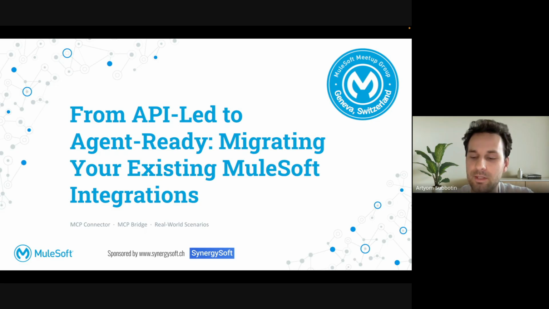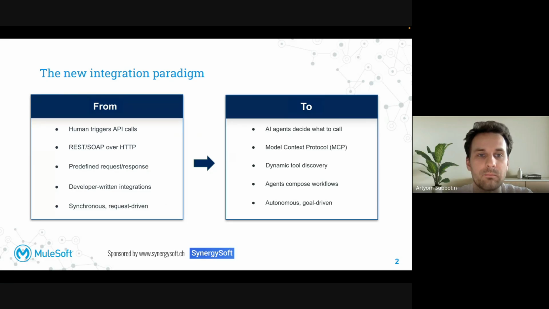It's MCP. So I assume that everyone here is familiar with the API-led connectivity approach, which has defined a paradigm of how enterprises integrate systems. MuleSoft gave organizations a structured, reusable approach: system APIs, abstracting backend complexity, process APIs, encapsulating business logic, and experience APIs delivering tailored data to specific customers.